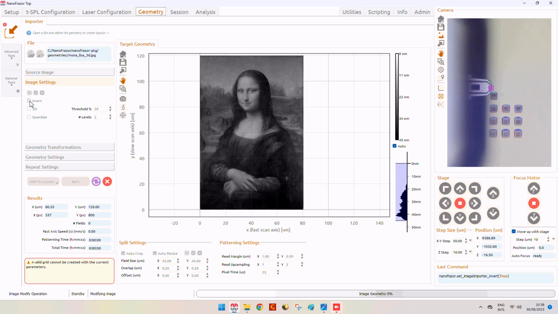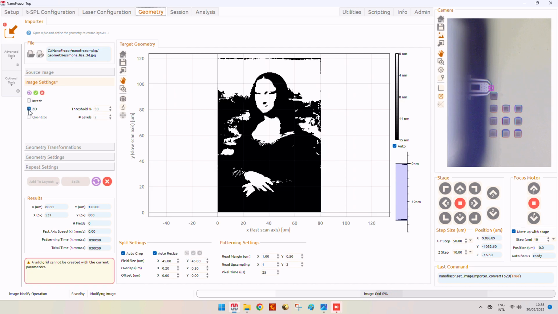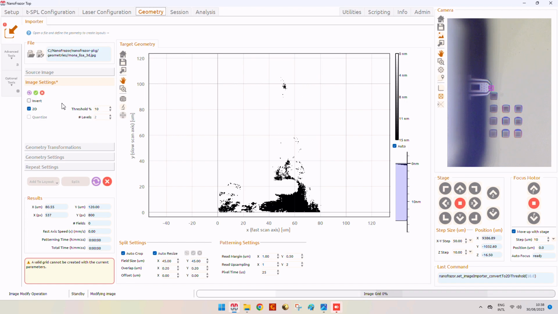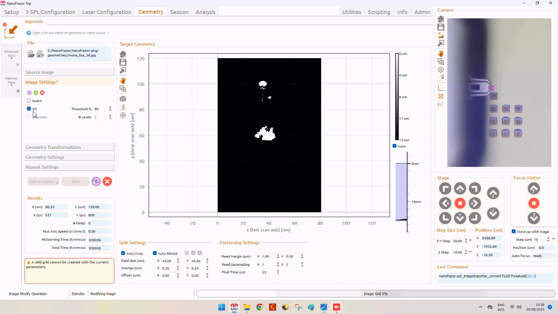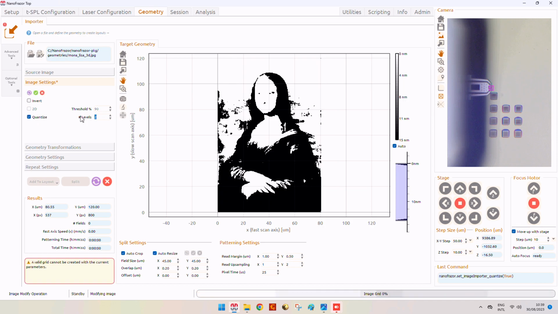So we can see that we can, for example, invert the black and whites. We can make the image 2D, changing the threshold of the blacks.